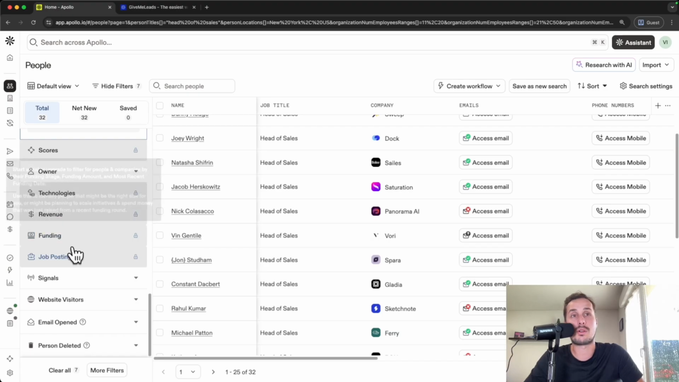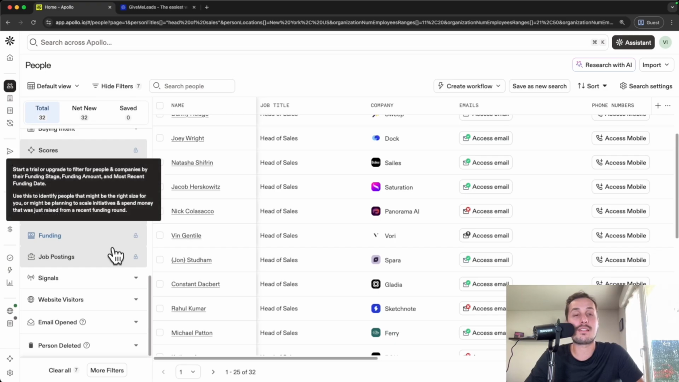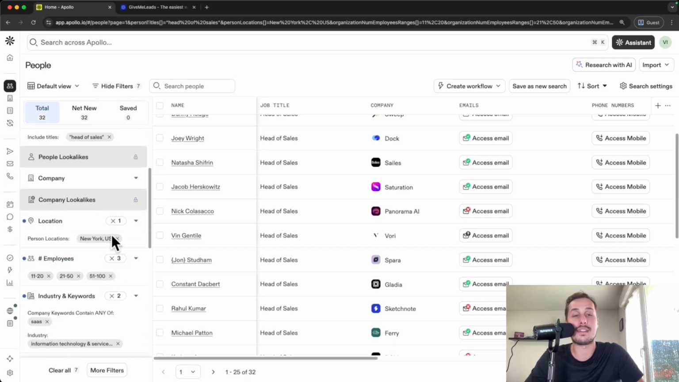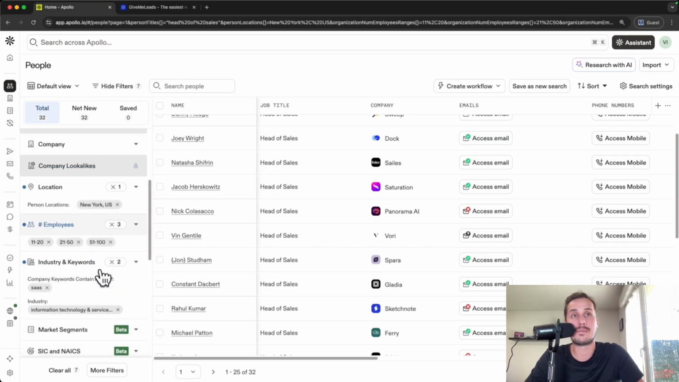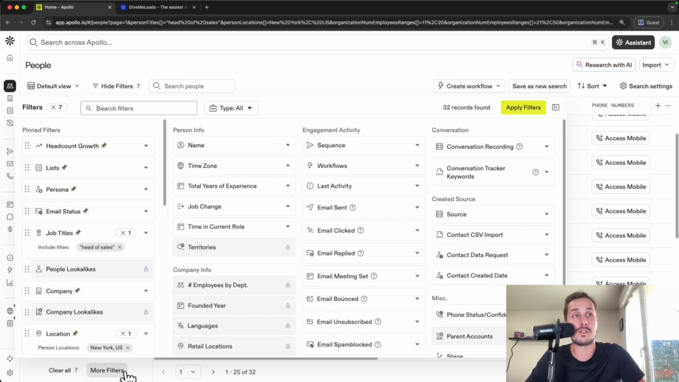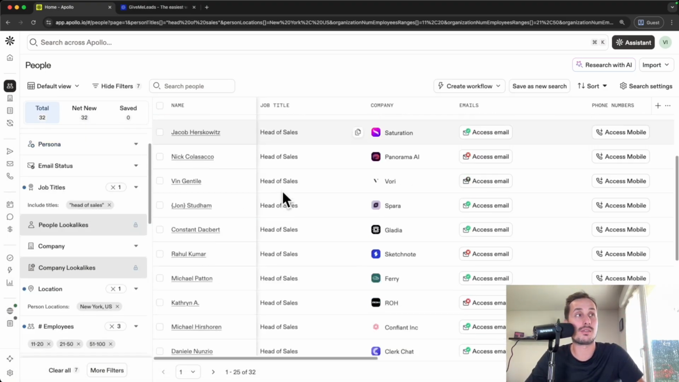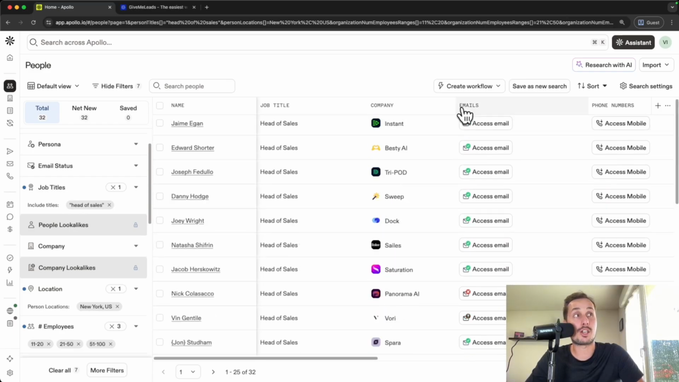And then if I scroll, same here for signals, it might be interesting for some cases, for example, rapid growth or recently promoted. But yeah, I think that it's less useful than these filters here. So as I told you, if you want to have more filters, don't forget to check in the more filters section. And once you are happy with your search, with your filters and the results that you have here, I recommend you to click on